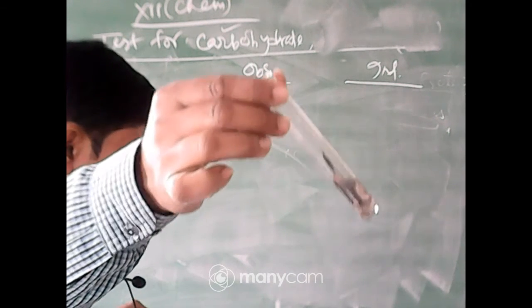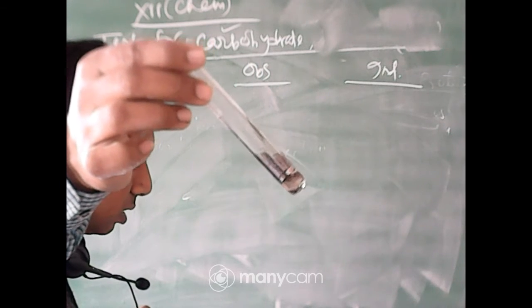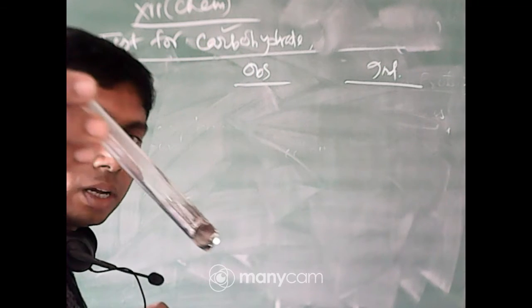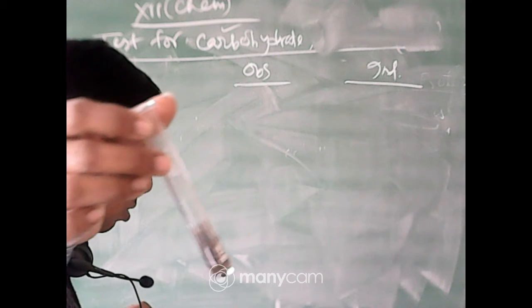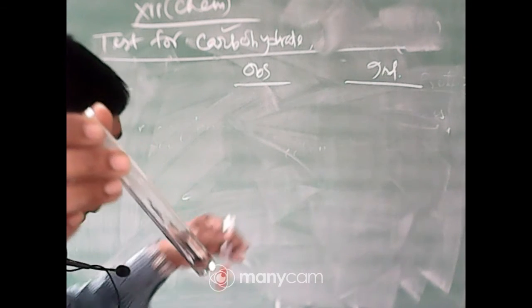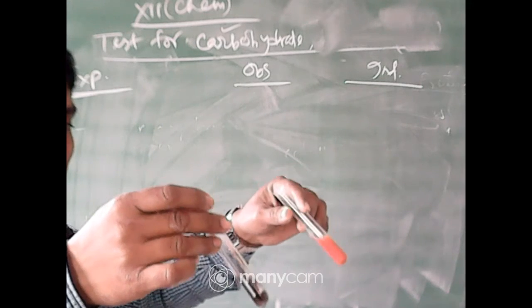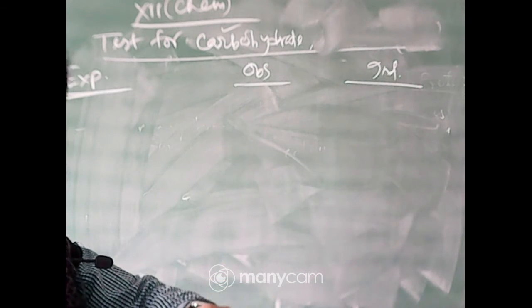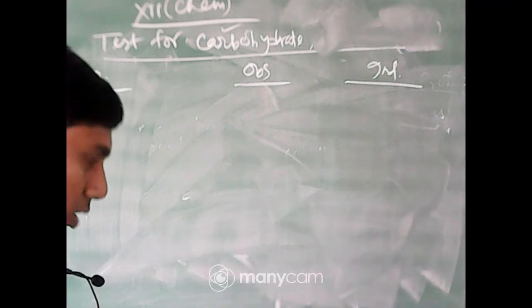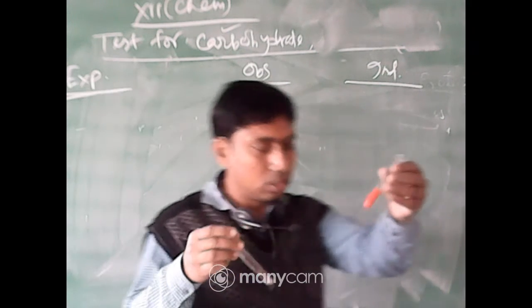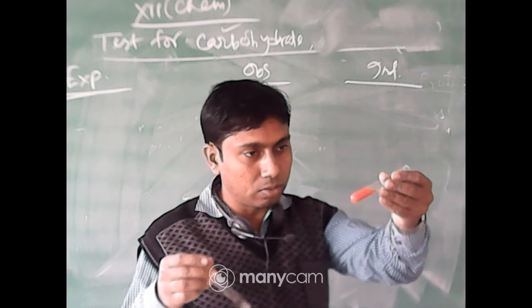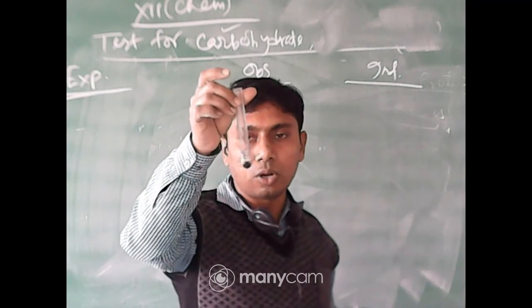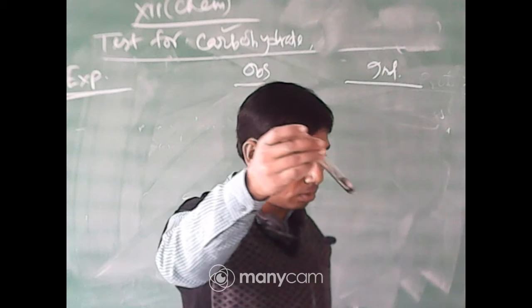Just look at this. Can you see it? This is the silver mirror formed. This is the precipitate of silver. So these two tests are tests for the functional group and also for carbohydrate. This is the silver mirror, a good red color, a very good test response, and it is a shiny mirror.